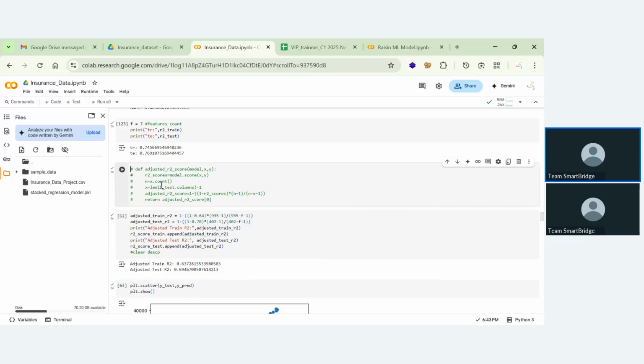So now we have defined a function, adjusted R2 score model. In this we are taking model, x and y as input, and R2 score is called model.score of x and y, and it's called with x.count. So what we are doing here is adjusting the R square that we have. Even if you look at the cell below, what it describes is